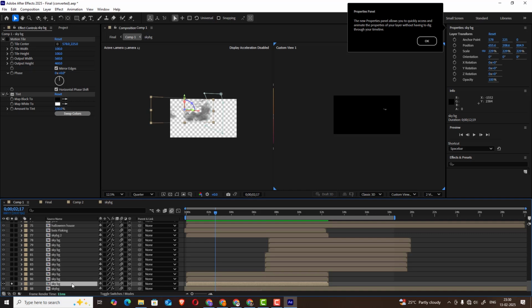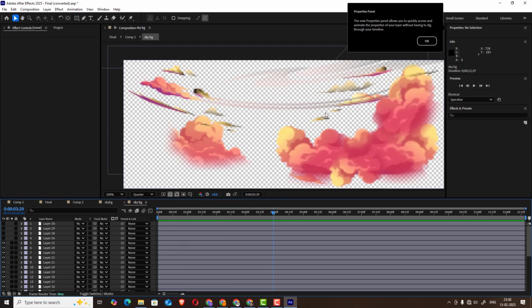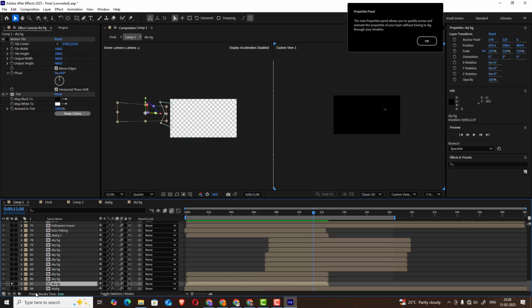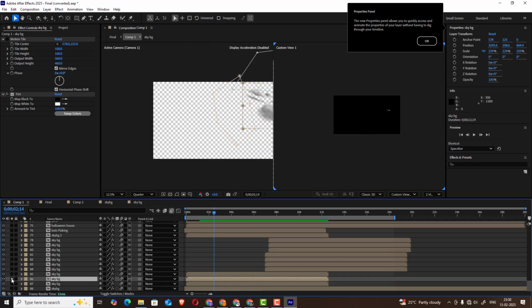Once we go to this comp, these are also the same illustration. I didn't do any illustration for this one; I downloaded it from Pretty, and I will share the source files with you. Okay, and going back to here, the same thing: we applied the tint, and I don't want the motion tile here, that's the reason I disabled it. Okay, now once we go back to that, it's sky BG here, and here also the same,